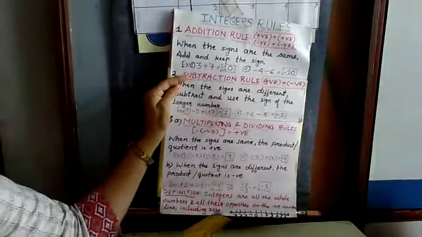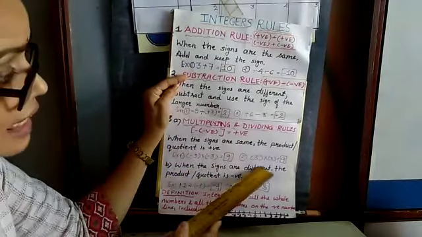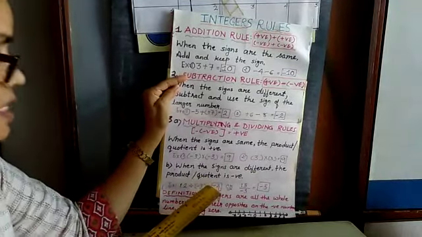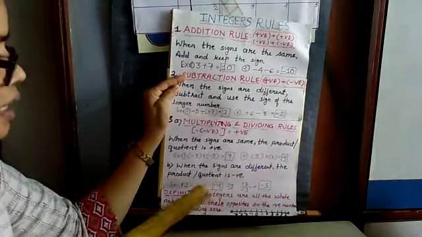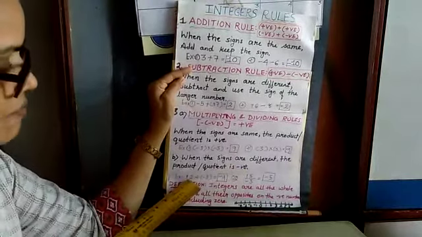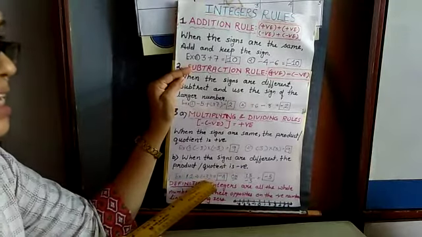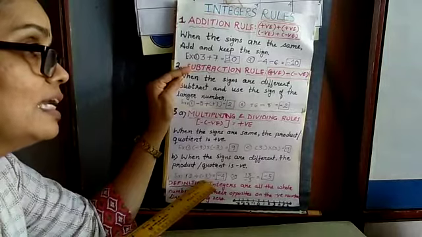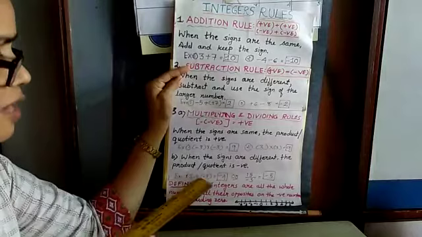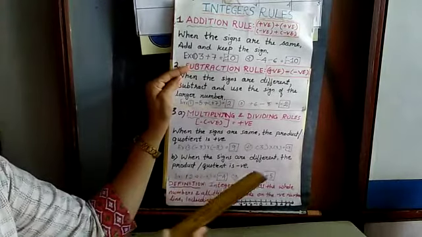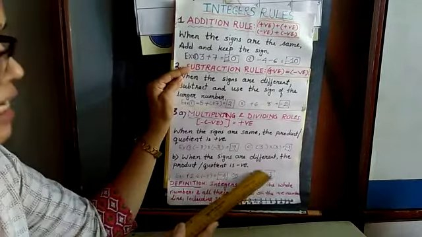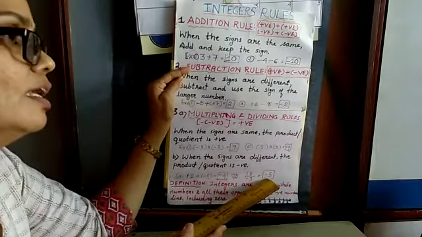Okay. Now look here. When the signs are different, whether it is multiplication or division, the product or the quotient is negative. Let us see the example. If 12 is divided by minus 3, what should be your answer? Minus 4. Yes, right? Because 12 is positive and 3 is negative. Or 15 upon minus 3, that is minus 15 upon 3. It gives minus 5. Very good.